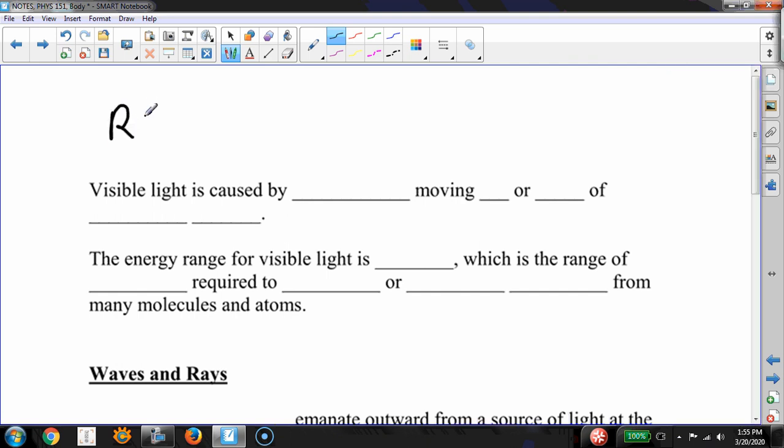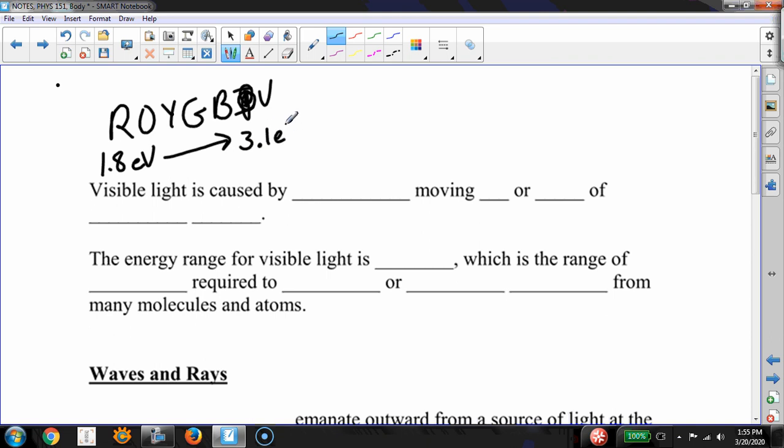Visible light is in, you probably know this mnemonic, Roy G. Biv. Or really, the I is not really part of the spectrum, so we'll just do Roy G. Biv. This goes from an energy of approximately 1.8 electron volts all the way up to 3.1 electron volts. Let's throw back to the previous chapter here for just a second, because what I've done is given you a new unit for energy,